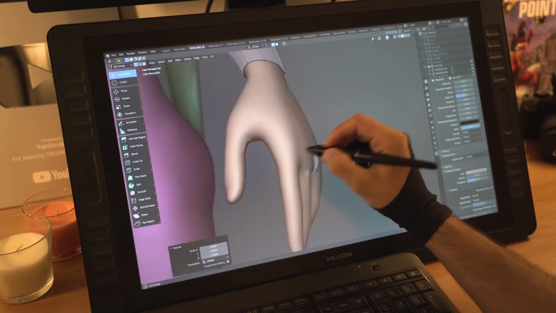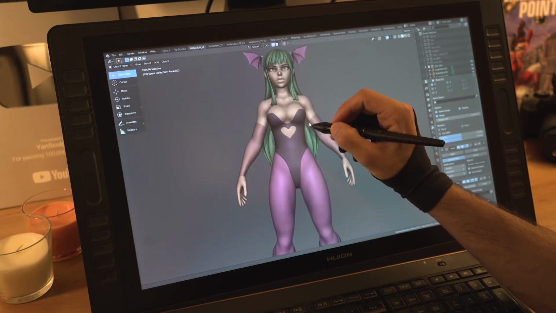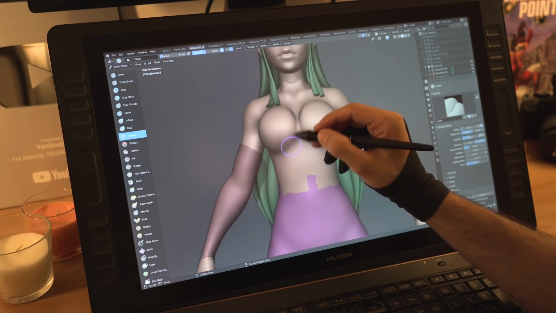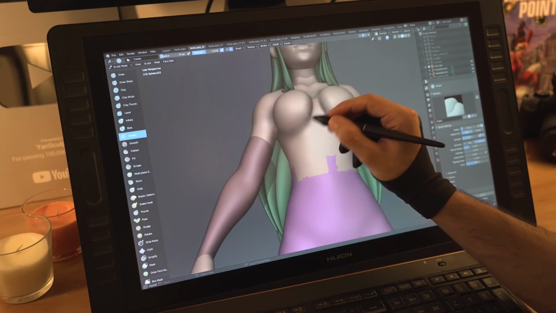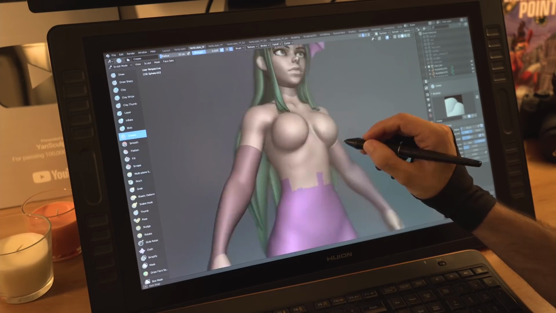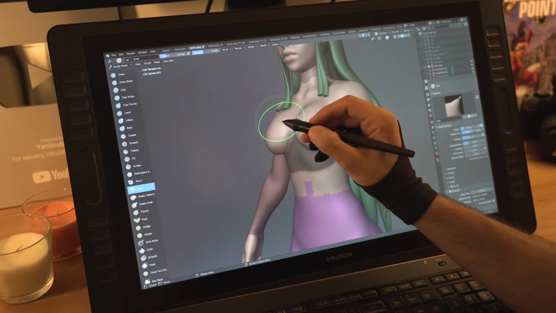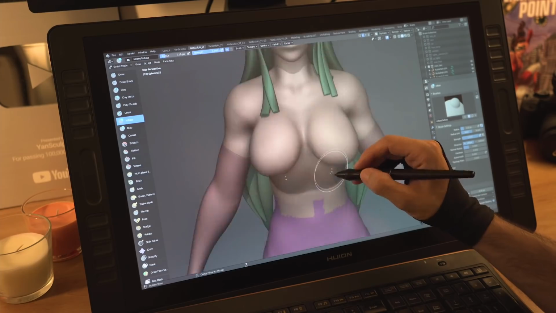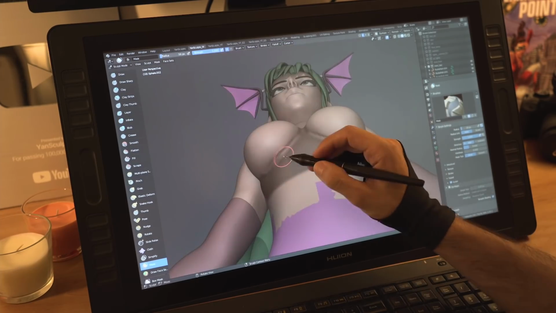First of all, navigation in Blender is definitely superior. Moving around your sculpt, getting to different menus, creating shortcuts, using shortcuts, it is just better. I tried looking online for tips on how to improve navigation in ZBrush, and even though I found ways to improve it, it didn't come close to how it works in Blender.